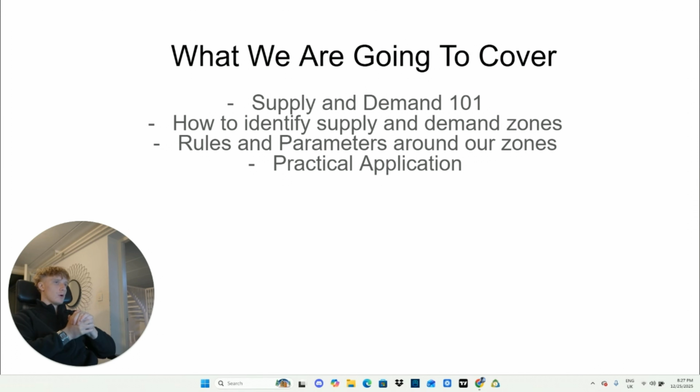But then we're going to go over how to identify supply and demand zones. So actually finding supply and demand formations on the chart. Right now, that might not mean a lot to you, but that's because we haven't gone through the first thing, which is the basics of supply and demand. Then we're going to go over the rules and parameters around these zones, and then we'll go into practical application. So that's me showing you some of my trades, showing you, if I'm looking for a trade right now, basically just going through the entire process. So firstly, let's start off with what is supply and demand, and more importantly, how do we use it